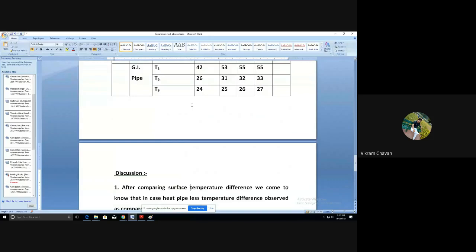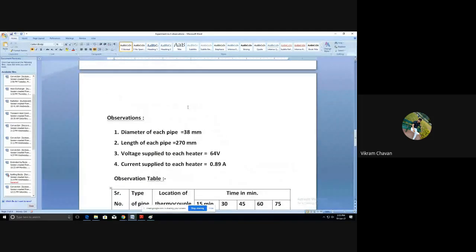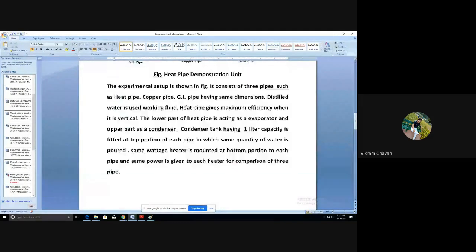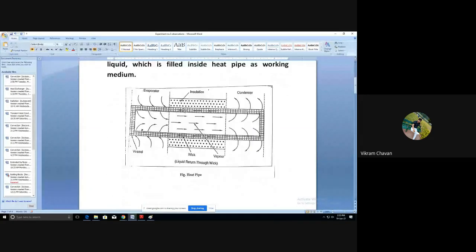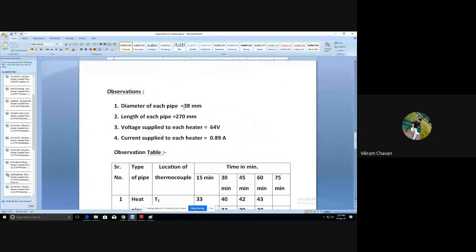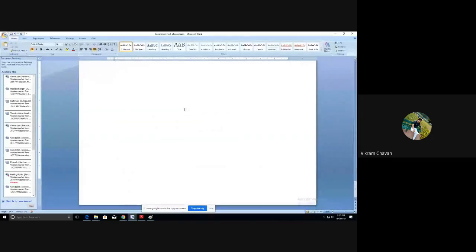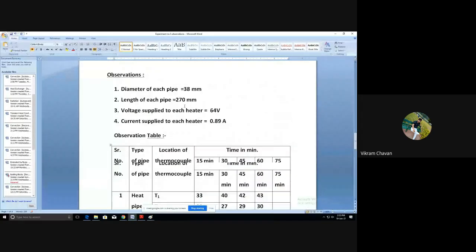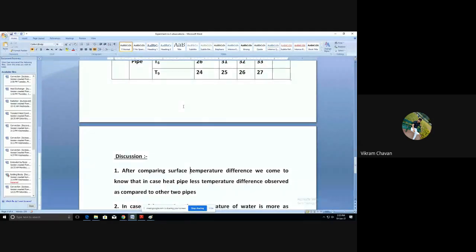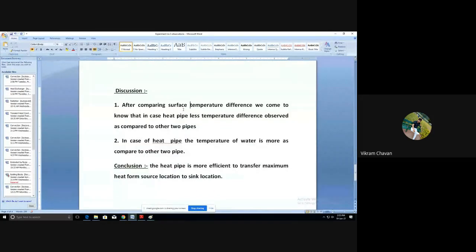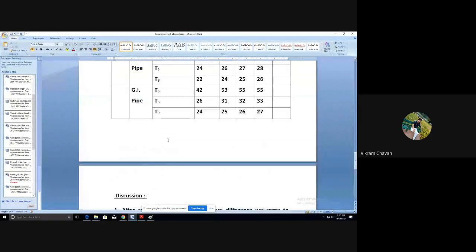Okay, is there any doubt, any question in this experimentation part? Whatever I have given in this particular Word file, that much write-up you have to write for the experiment, number 5. I forgot yesterday to share the number 4 experiment. That I will also share today, along with this experiment. Is there any doubt, any question?